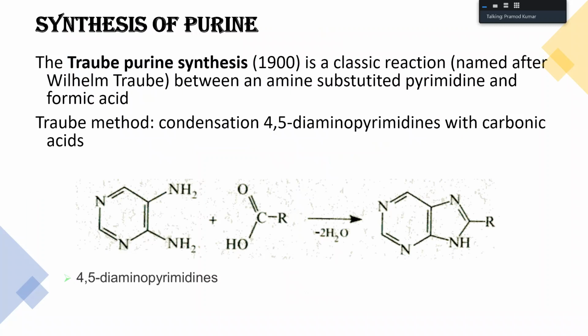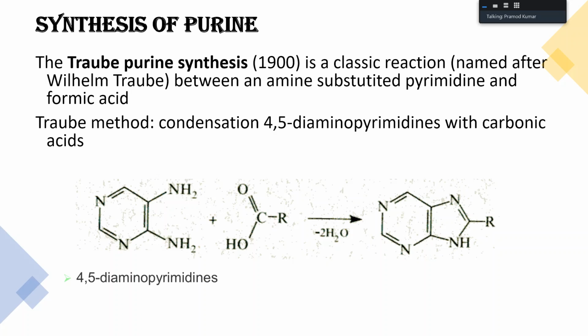Yeah, this Traube synthesis can be asked for 2 marks. So what is Traube synthesis? Traube is purine synthesis. You take a 4,5-diamino pyrimidine. You treat it with any carboxylic acid, similar to your imidazole, similar to your benzimidazole synthesis, where you took your ortho-phenylene diamine. Here you take 4,5-diamino pyrimidine. You fuse it with any carboxylic acid. It undergoes condensation to give you your corresponding purine.